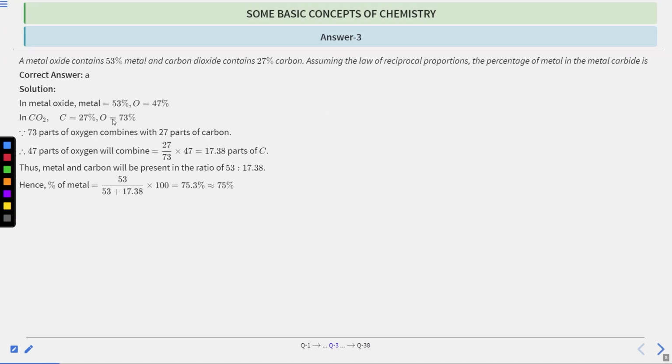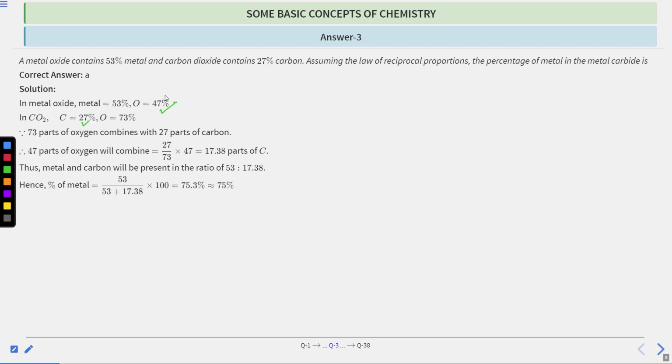Okay, so the answer will be 75%. How? The solution: in the metal oxide, metal is 53%, which is given. So oxygen will be 47%. And in CO2, carbon is 27%, oxygen is 73%. Okay, 27% is given. So since 73 parts of oxygen combine with 27 parts of carbon,